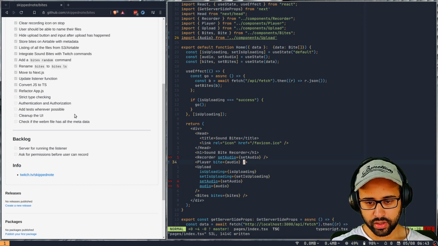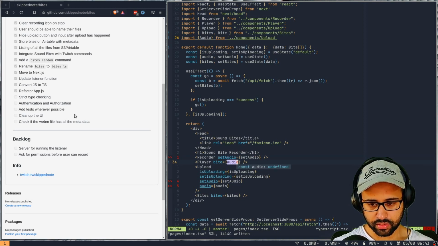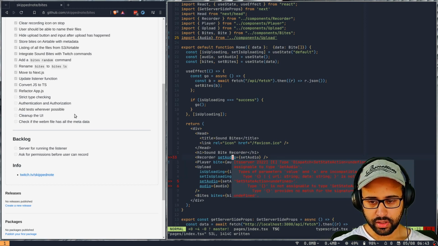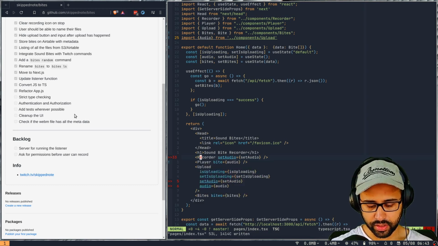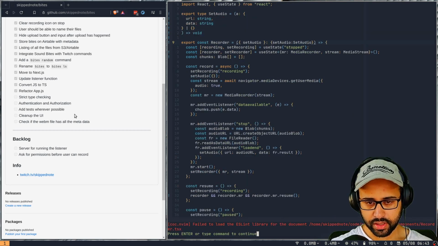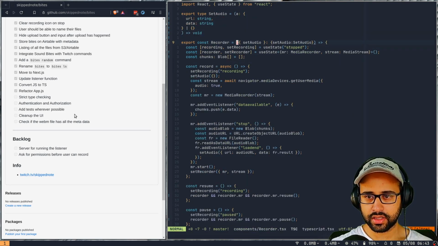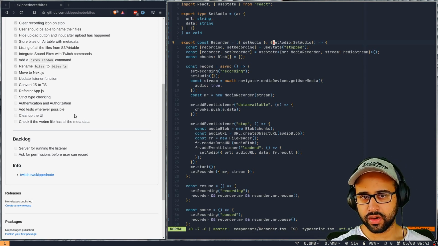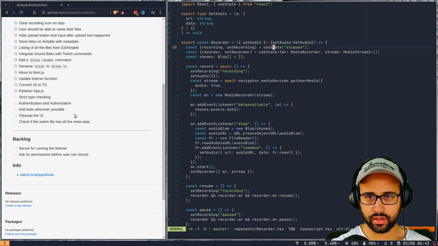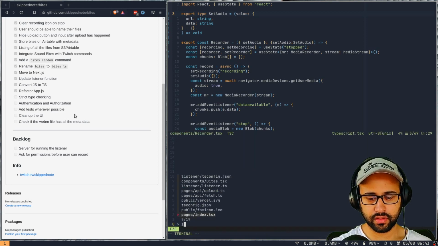So now what does it think audio is? So audio is undefined, and then set audio, so undefined is not assignable to set audio. And what is recorder taking? Recorder is asking for set audio, which is a function that takes in URL and data, and then okay, this is where it was getting that A from.